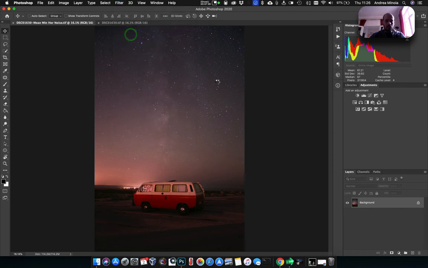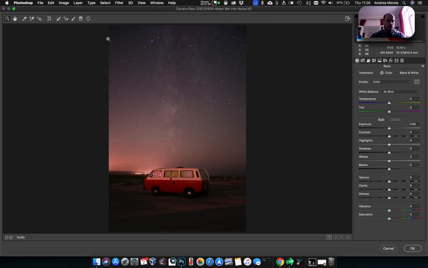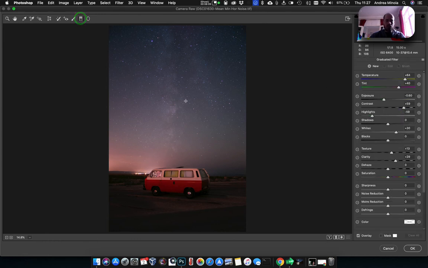If we go to Adobe Camera Raw, we can, for instance, sample different areas to set the white balance, or we can ask to get an auto white balance. This works quite well. The sky is still a bit too blue for my taste, so I can just warm the colors a little bit, bring a bit of magenta, like so,